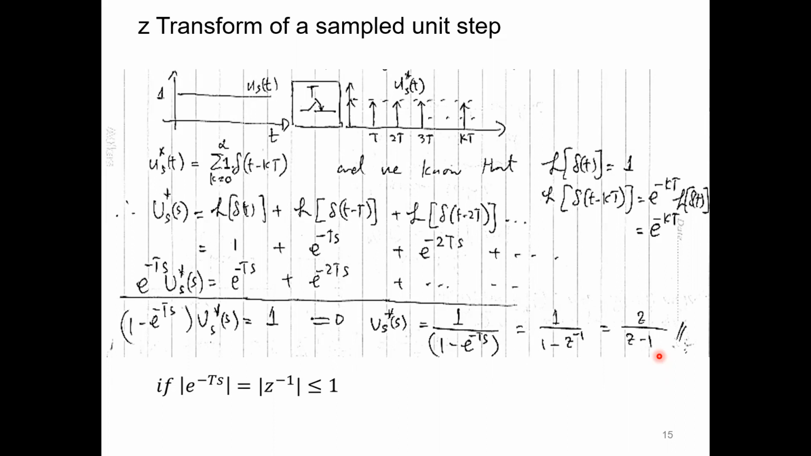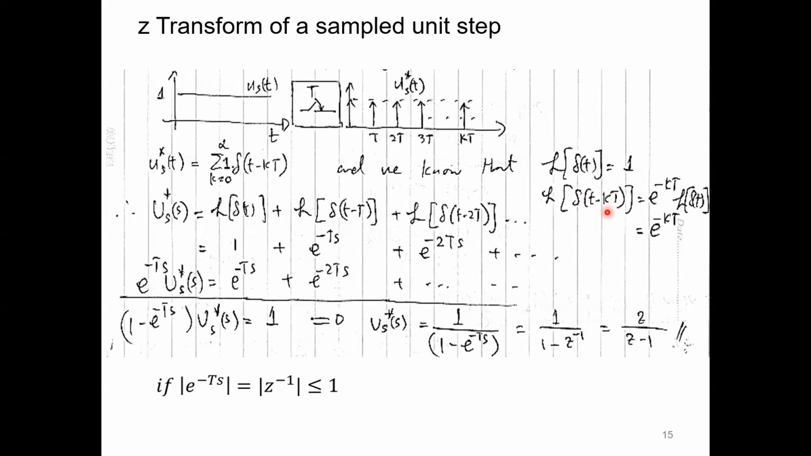Excuse me, sir. In the Laplace transform of delta(t minus kT), is it e to the minus kT s? So this is delta(t minus kT). It is a delta function appearing at time kT, right? Yes. Right. So in Laplace,